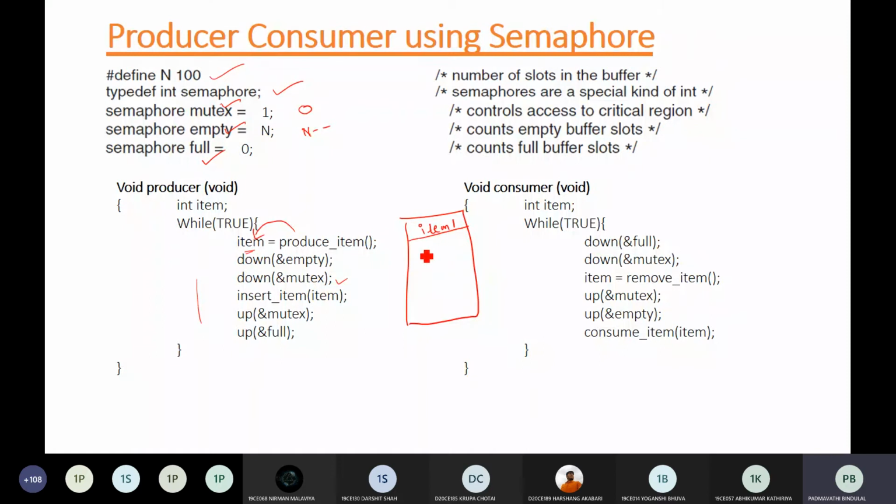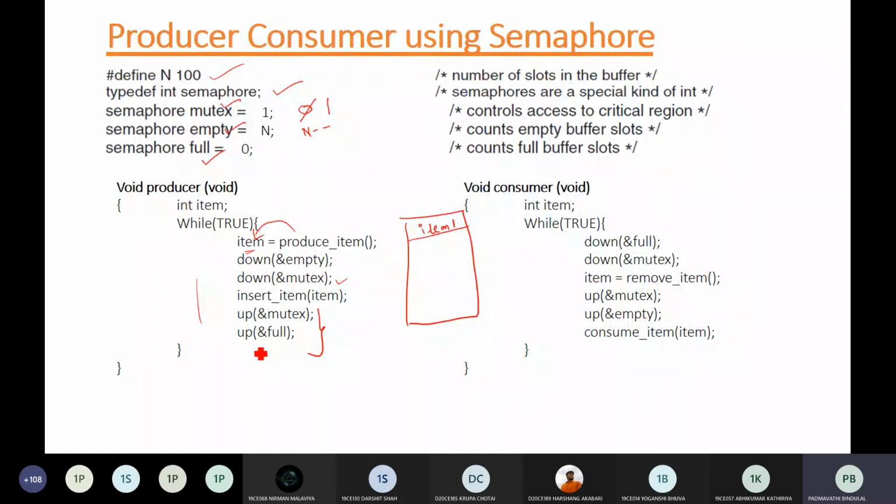Now once the item is placed here, you need to notify the consumer. The first step is to exit the critical section. When you exit the critical section, you perform the up operation. Just as you performed the down operation earlier, similarly you perform the up operation. With the up operation on mutex, the mutex value will now become 1.